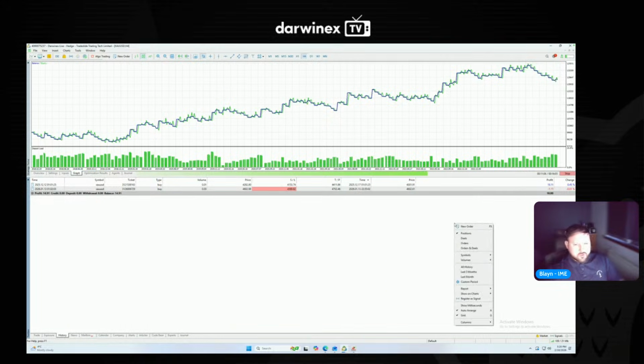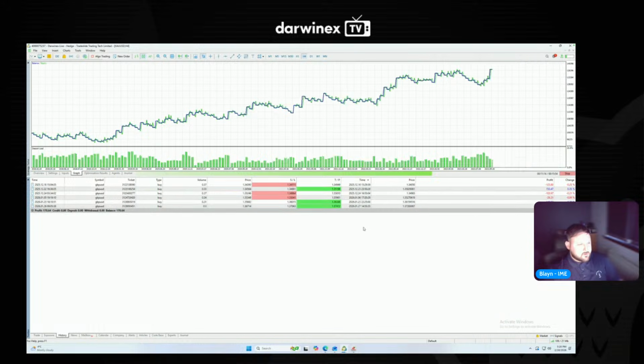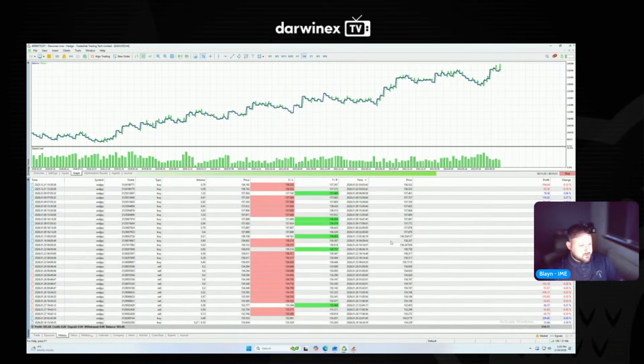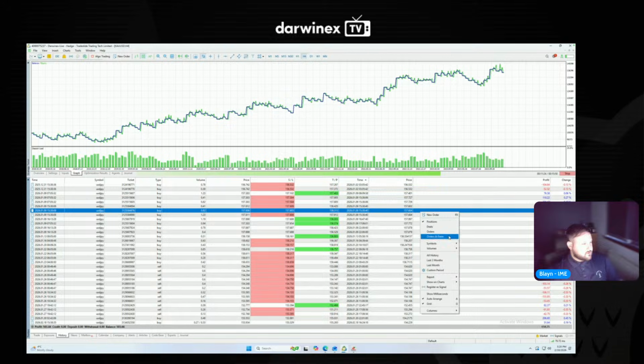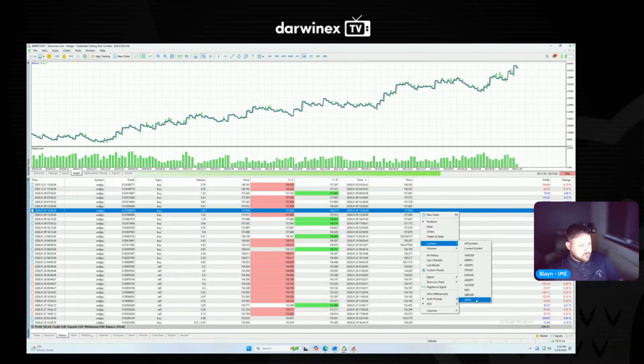I removed gold because I trade gold a lot in my normal portfolio and I wanted to see how this portfolio performs without trading gold, which is interesting. Pound yen is up, so I think dollar yen again. I'm testing so many systems. Darwinex is only up 600 odd. So what's holding this portfolio back is literally the Nasdaq, as well as one of those trades on the S&P 500. But the rest of it is doing not too bad.